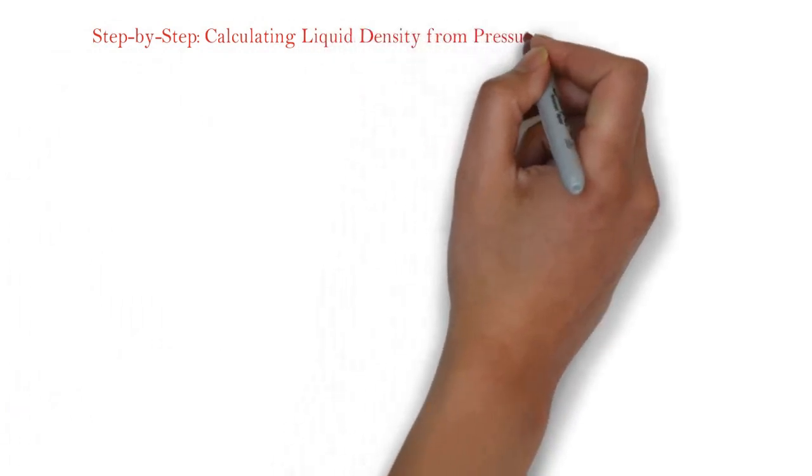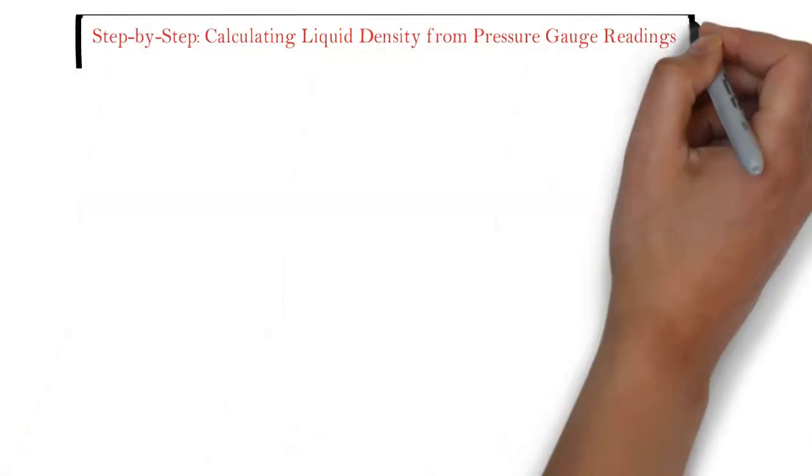In today's video, we are diving into an exciting problem that explores the principles of fluid mechanics. Have you ever wondered how to determine the density of a liquid in a tank using pressure readings? We'll analyze a scenario where two pressure gauges are mounted at different heights on a tank filled with liquid. By applying fundamental concepts such as hydrostatic pressure and Bernoulli's equation, we'll uncover the density of the liquid step